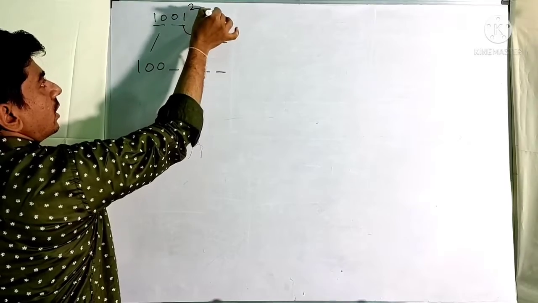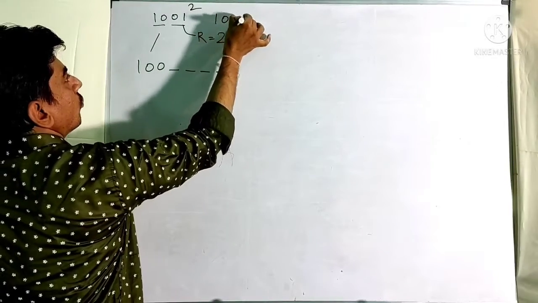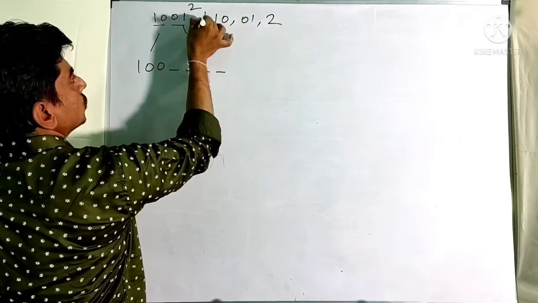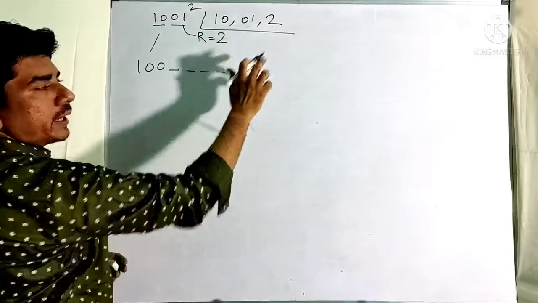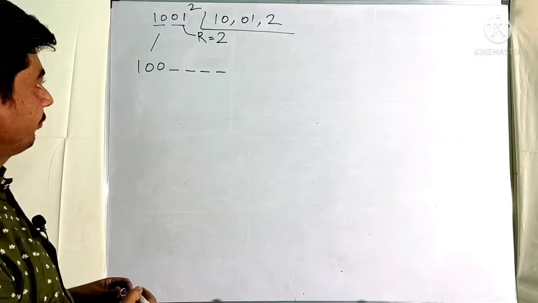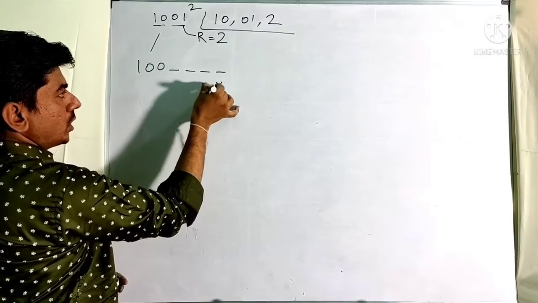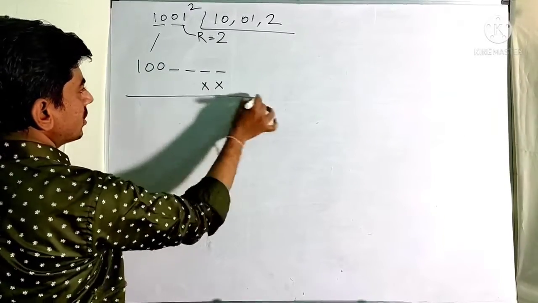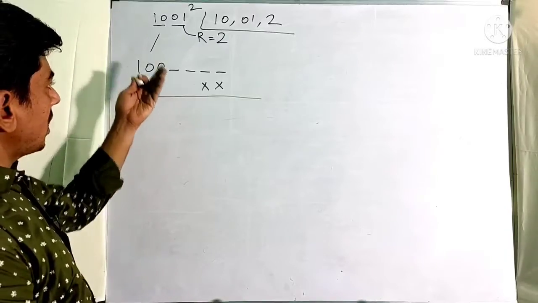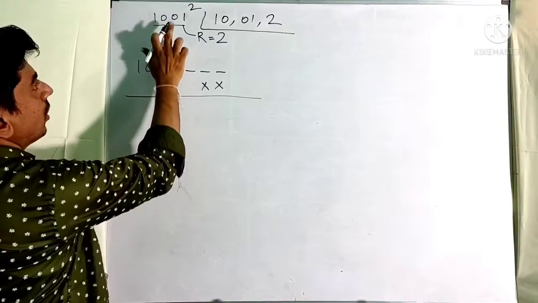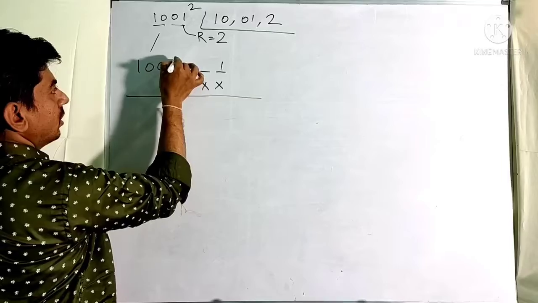The parts are 10, 1 and 2. The product will be taken of these three numbers. Right part has 2 digits, therefore leave 2 digits. The rest will be coming soon. Okay, 1 square is 1. You have to write